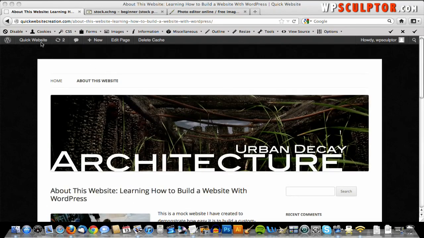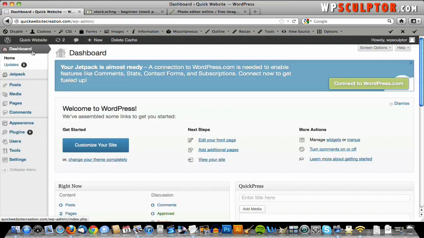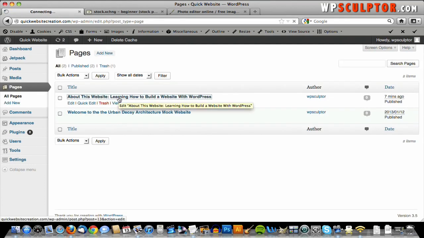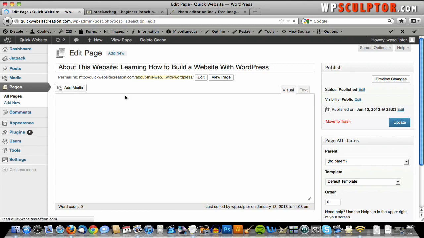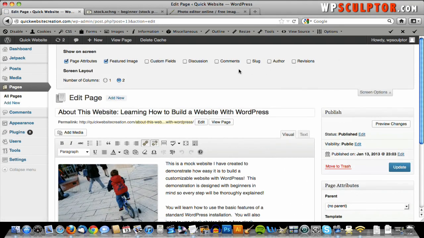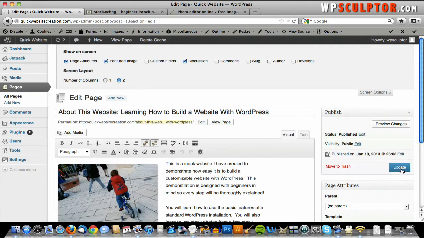And to do that, you're just going to go to your dashboard, and we're going to go to All Pages, and we're going to click on our About page. And what you need to do is go to Screen Options, select Discussion, and then scroll down, and now you have the option to not allow comments and not allow trackbacks and pings. So we're going to uncheck both of those boxes, hit Update,